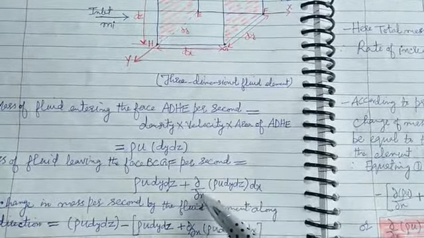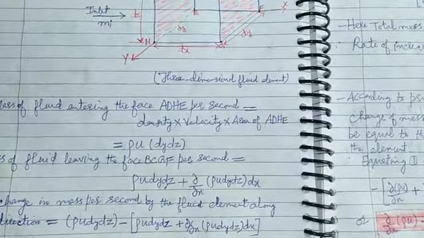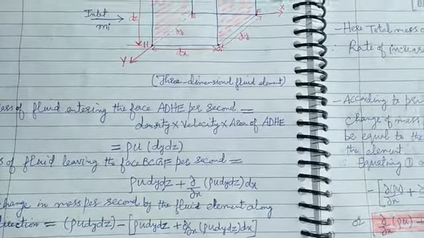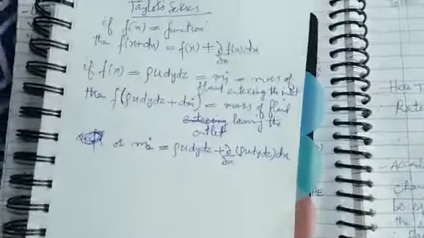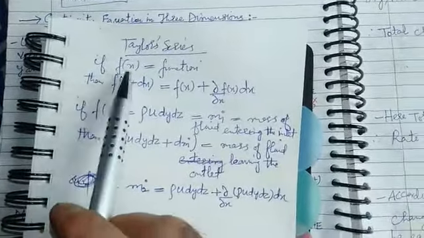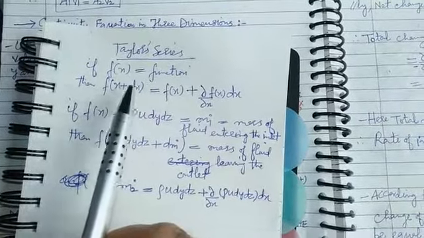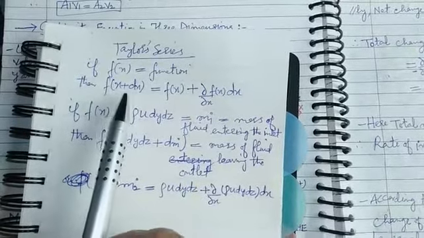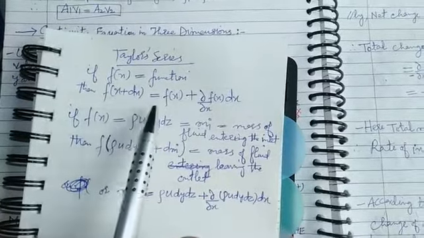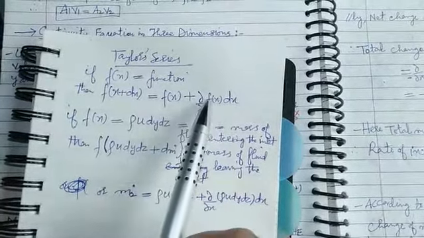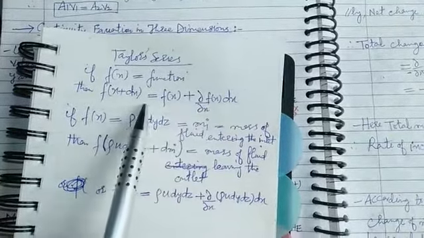So Taylor's series is actually applied here, the concept that I have already just told you about. I will repeat it again for your easiness, so that you can understand. So let us see what Taylor's series actually is. Suppose f is a function, then we can say that f of x plus dx, where dx is a small increment in the domain of x, is equal to f of x plus dou by dou x of f of x into dx. Okay, so the dou represents partial differentiation. Okay, so this is actually the Taylor series.